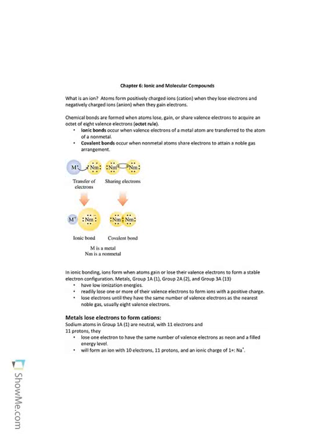Good afternoon, class. Today we're going to talk about Chapter 6, Part 1, Ionic and Molecular Compounds. So what is an ion? An ion is when atoms gain or lose electrons to form positively charged ions, which is a cation, or negatively charged ions, which is an anion. A positively charged ion, a cation, is when an atom has lost an electron. Since an electron has a negative charge, if you have lost an electron, you have lost some negativity and have